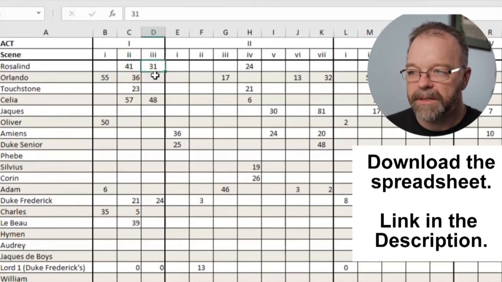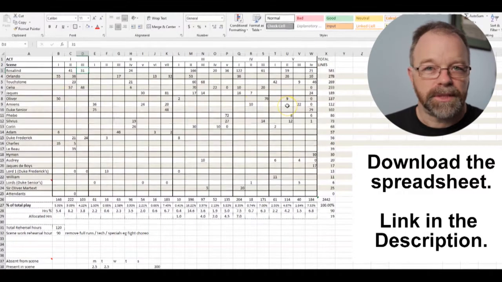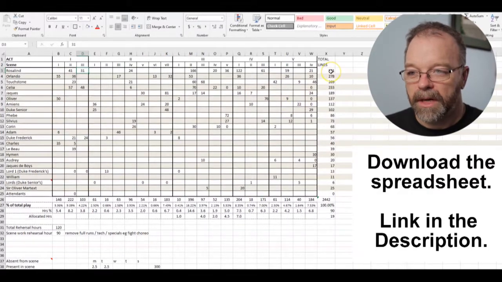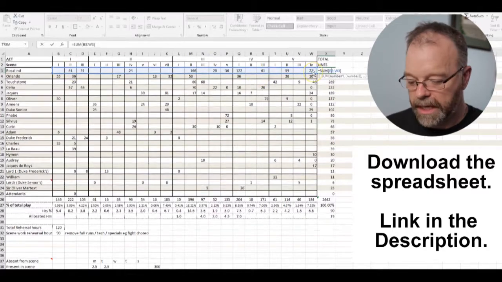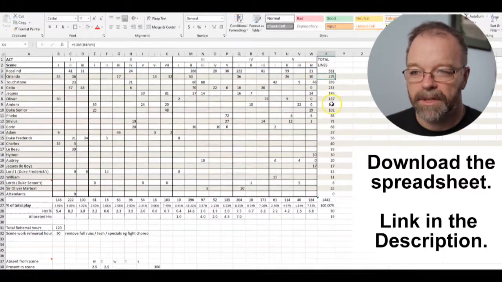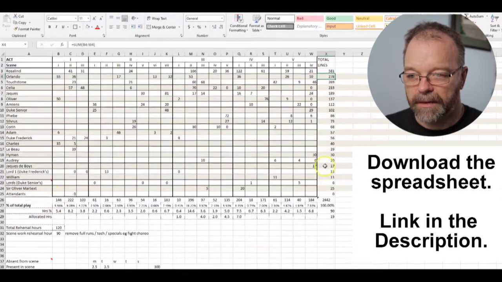And that's what I've done. So scene 1, I go through every character and count the lines, and enter it into this spreadsheet. Now, there's a couple of totals columns. At the right-hand side, that cell is calculating all of the lines that Rosalind has. So you can see Rosalind has a total of 581 lines. And that travels down for all of the cast. And you can see the total is